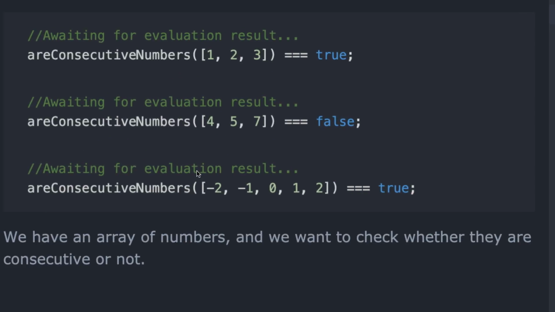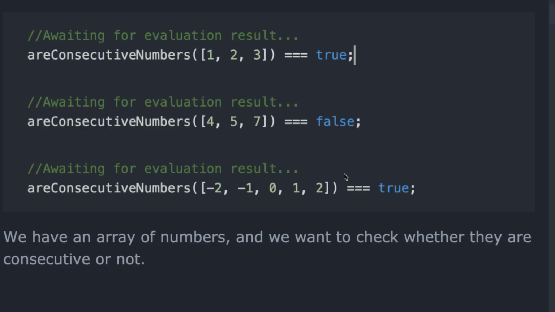So we have an array of numbers, and we want to check if the numbers are consecutive or not. That was a bit complicated, to be honest. One of the most complicated ones on the intermediate. So then, how do we know if the numbers are consecutive? Well, if a number is the same as the next number minus 1, right? 1, 2, 3 consecutive. 4, 5, 7